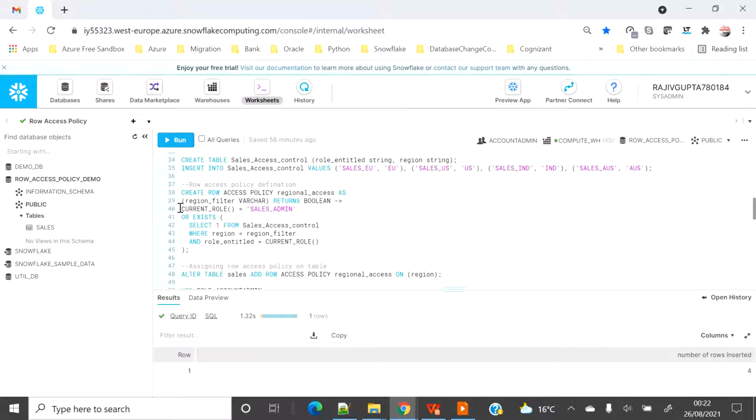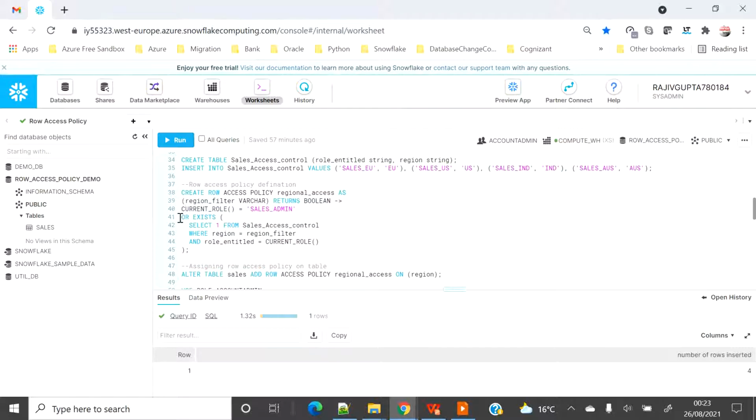And it says, if current role equals sales admin, don't look into any logic and return true, so that you will get all the data. Basically this logic is written to bypass all the logic that differentiates the region wise data, to give full access.